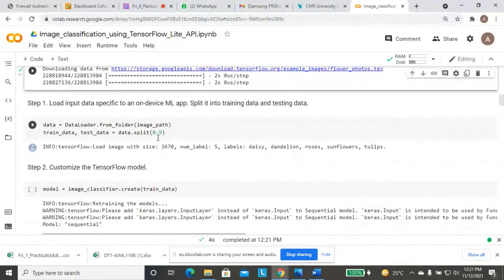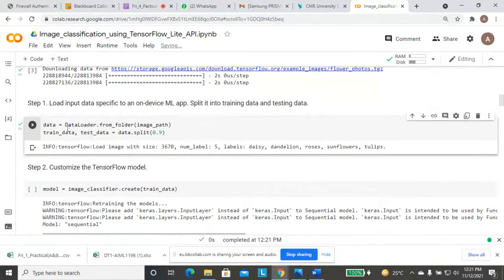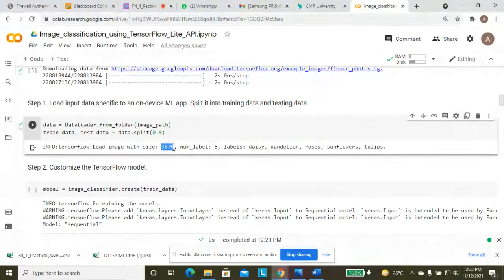Now it is another important statement. We are doing the data loading with the image path, and here you can see the important one: the image size is 3670, and the most important one, labels. The number of labels is 5. Which labels am I using?